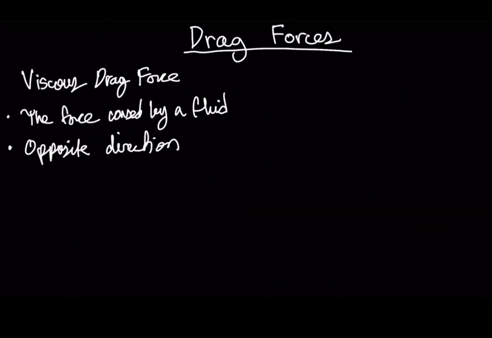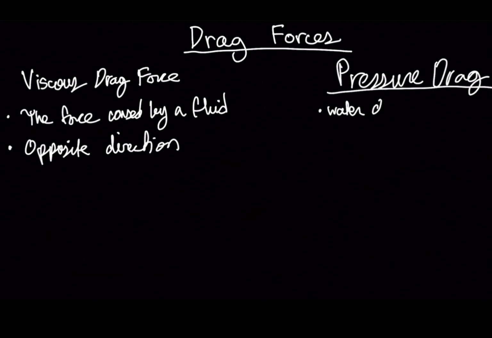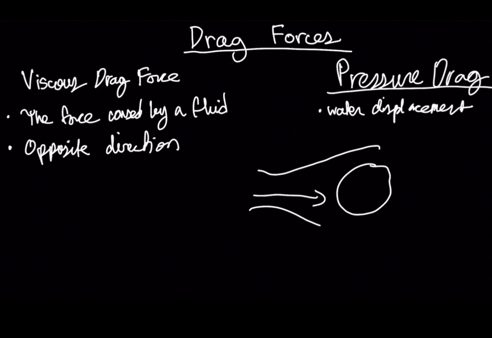The second type of drag force is called pressure drag. And pressure drag results from the difference in pressure when water is displaced. So water displacement is going to create a pressure pattern where, let's say, the object is placed in the center and the water is coming head first, and there is going to be a high pressure region in this area,